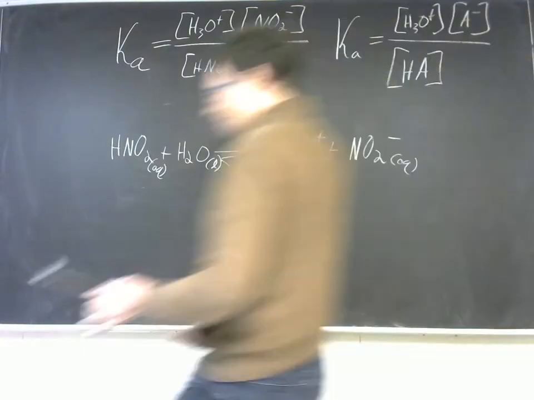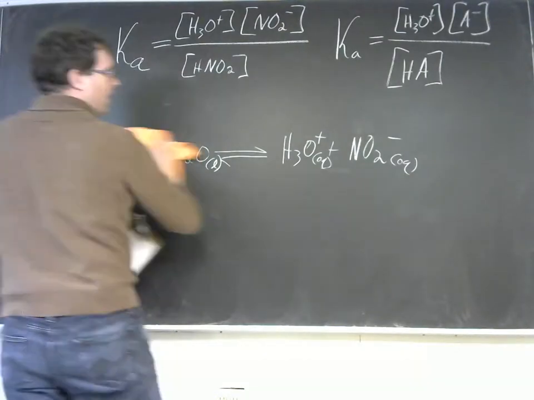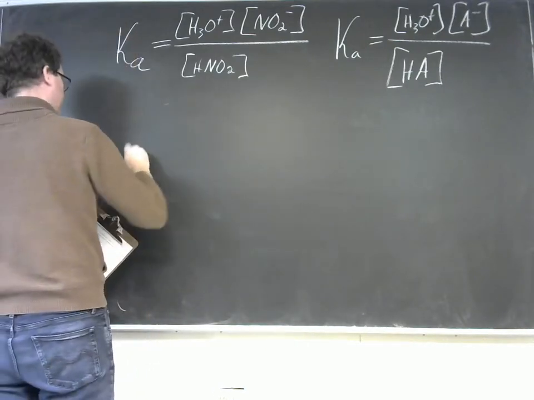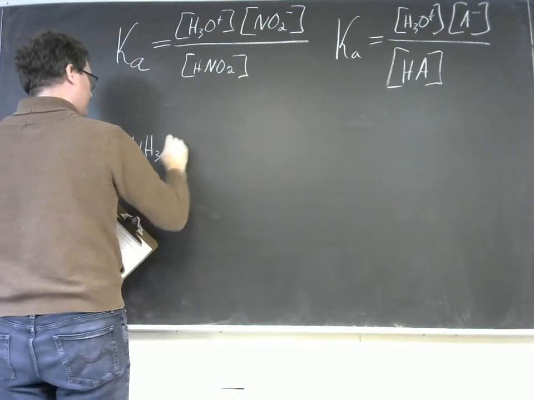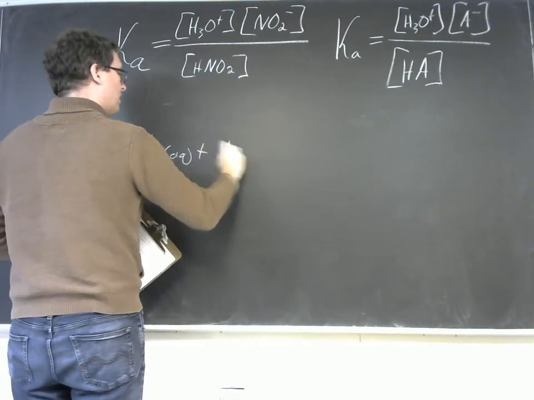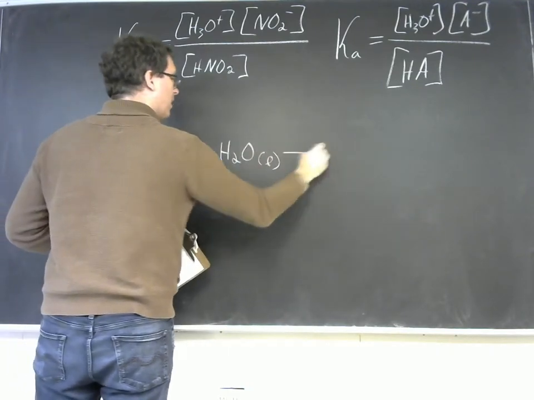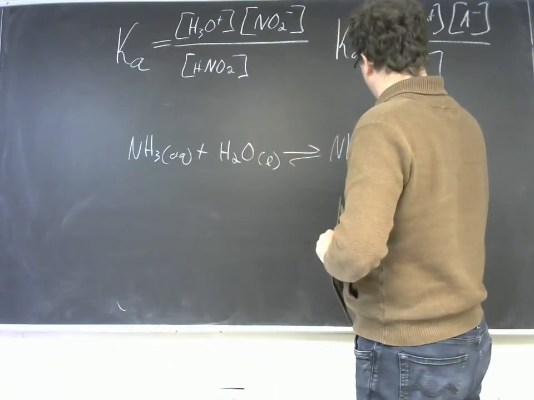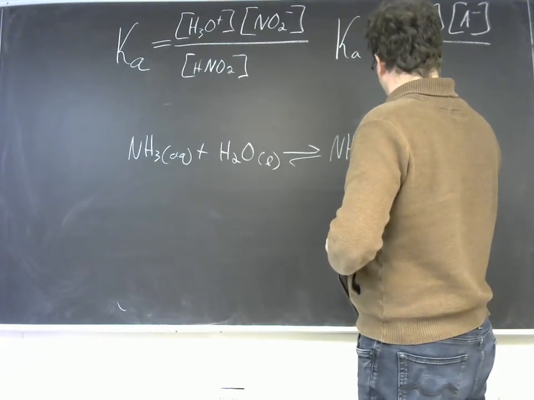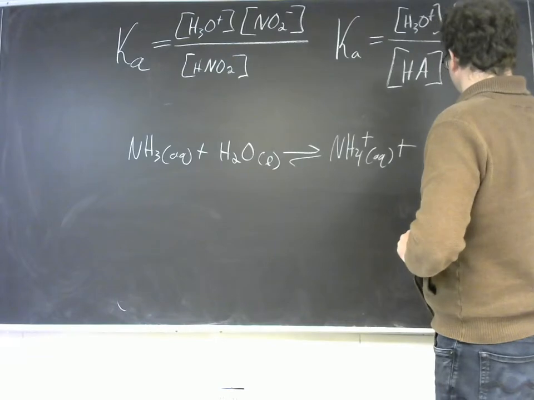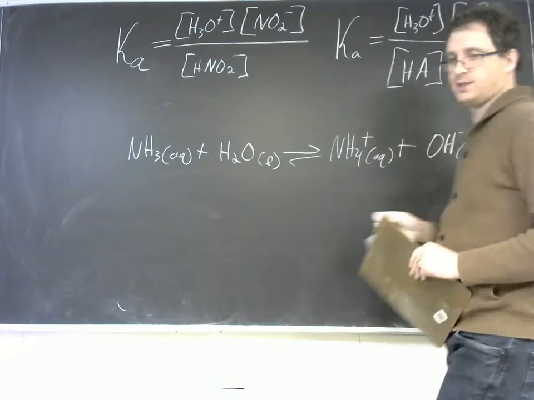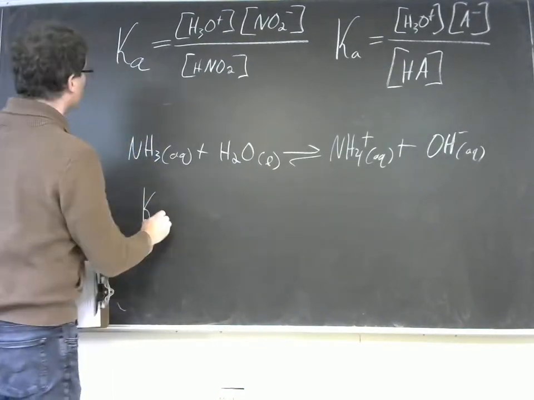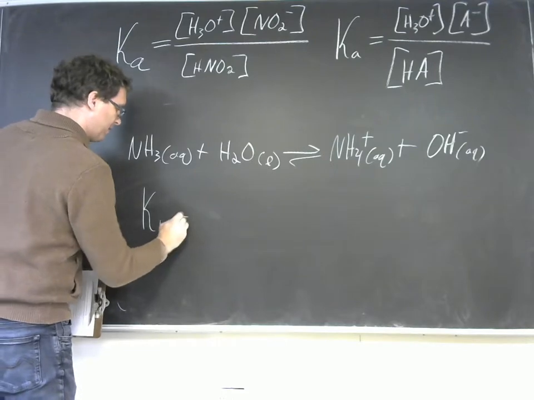We could talk about a base reaction. So let's do ammonia. NH3 aqueous plus water, and that's going to form NH4+ aqueous plus OH- aqueous. And so the K, or the equilibrium constant for this base reaction, Kb, is going to equal